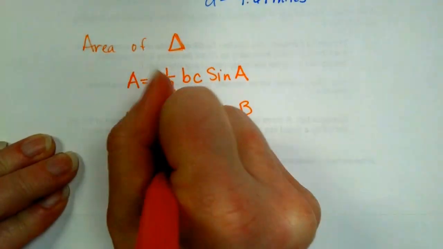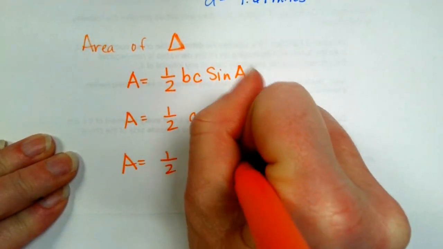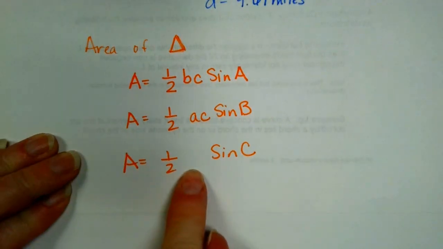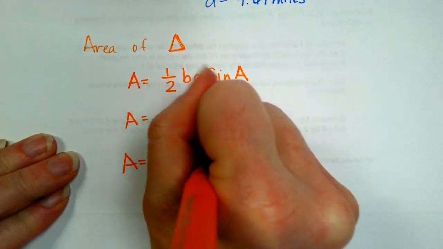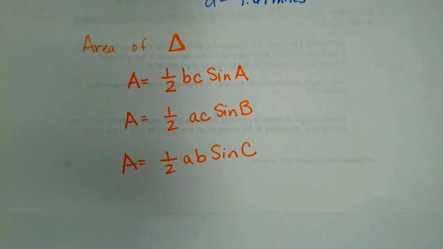So in this case, if I have big C, then the letters in front have to be A and B because you have to have A, B, and C. So realistically, you memorize one thing. It's 1/2 side, side,